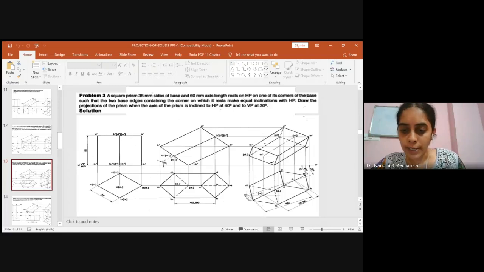After you cut an arc through O1, please draw a locus. So this is a locus line from O1. After you draw the locus line, come back to the second stage. You cannot measure the axis distance in an inclined position. So when you project down, you get the apparent length of it. So from here, you measure the axis length from O to O1, how much it is, using the concept, using the compass.